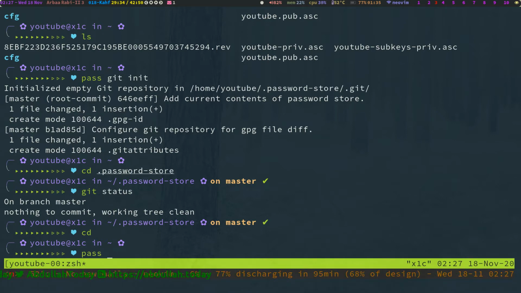If you already have a password for some website, you can use the add option, but we are going to generate a new password. So pass generate, we are going to create it for facebook.com, and here give it facebook.com slash, then your username or your email id,